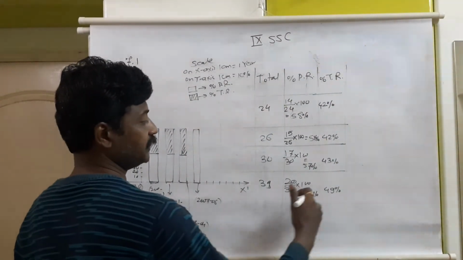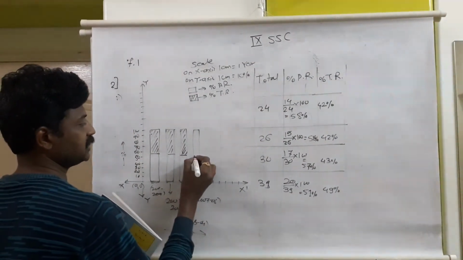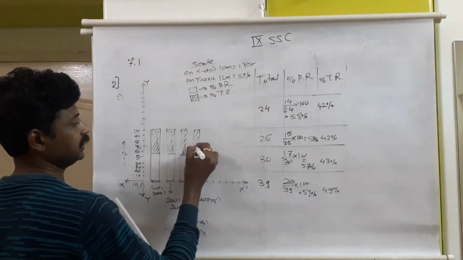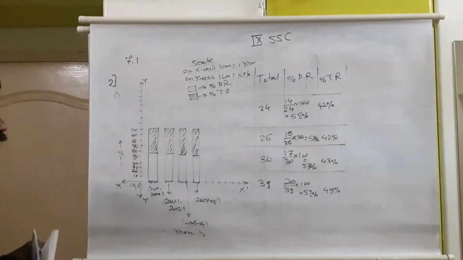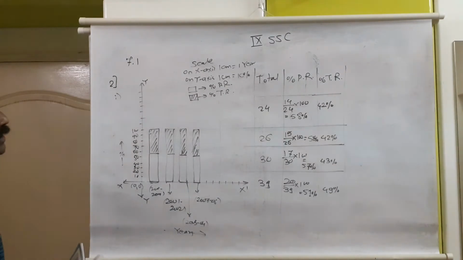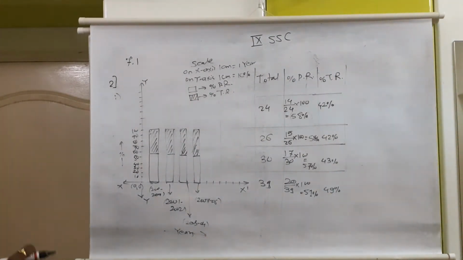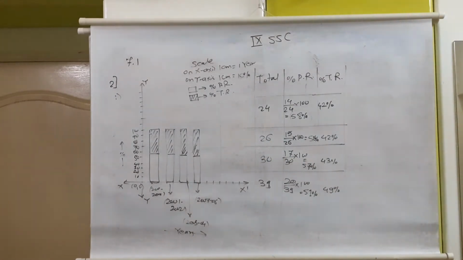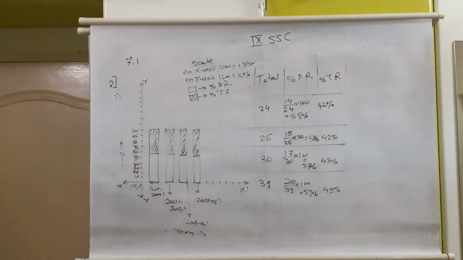And the last one is 51 and 49. 51 means after the 51st small line, 1 millimeter. So this is 50, after the 51st small line, and the remaining is 49. And 100% is for all. So this is the conversion of the given information into a percentage bar graph. That was 7.1, question number 2, first graph. As we discussed, in this we have one more, that is the subdivided bar graph. Now let us continue with the subdivided bar graph.